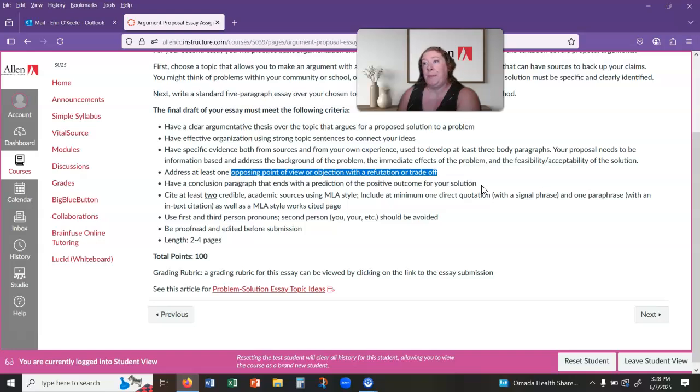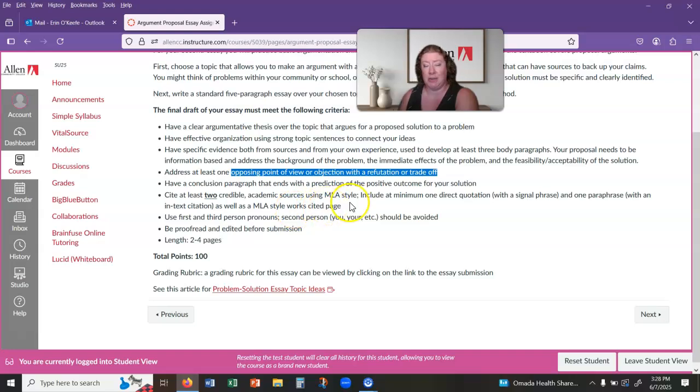Or are there steps that could be taken? A lot of times, let's say you would argue for a new school building or a new playground or something like that. A lot of times those things are taken in stages. And so the trade-off is we don't do it all at once. We do it in stages, and then that way we can earn the money as we go. So that kind of thing.